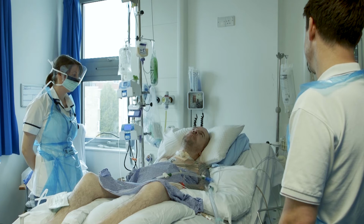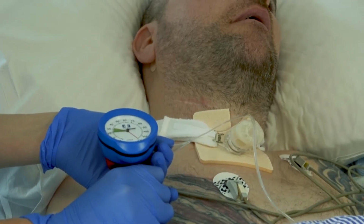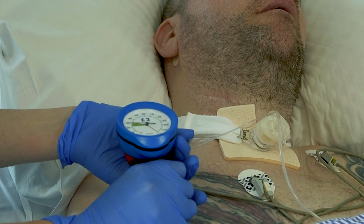The physiotherapist will also make sure that the patient is positioned correctly for treatment. In this case, patient preference is that he prefers to be treated in supine position because he feels this gives better bilateral clearance and maximises effectiveness for the modified manual cough in terms of where the physiotherapist can put their hands. As we are completing a positive pressure technique with the patient, here we can see that the physiotherapist is